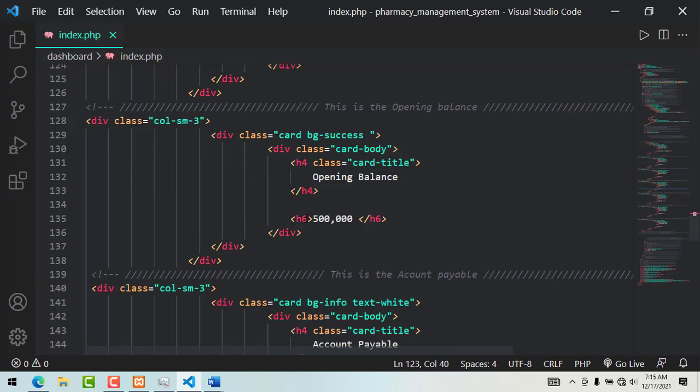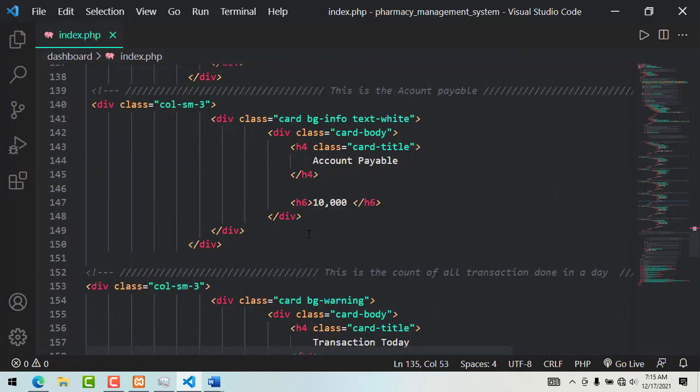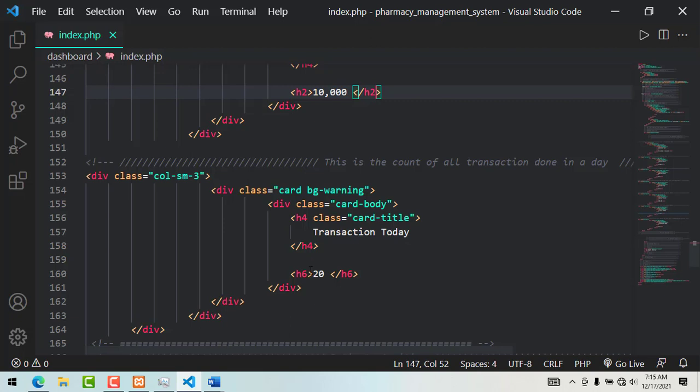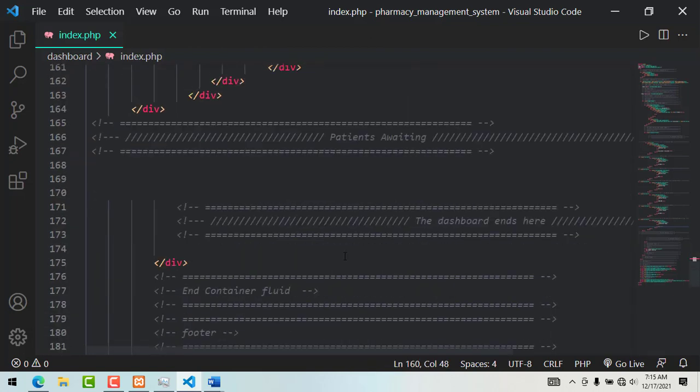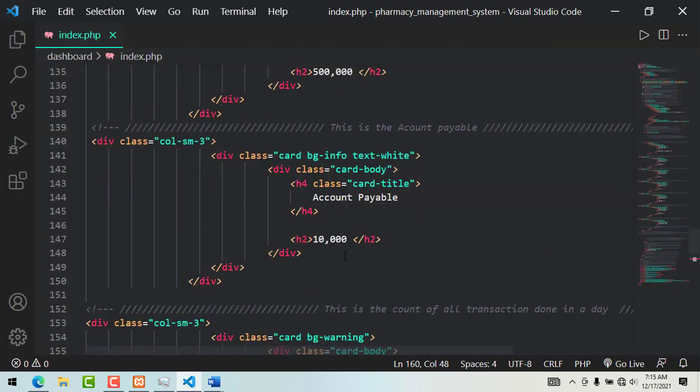Yeah, I don't know whether there is an easier way of changing all of this to what you want. For now, we're just going to do that manually. If there is any way that someone outside there is aware of, then it's good that you share it in the comments section below, so that we can share it with everybody. So H2